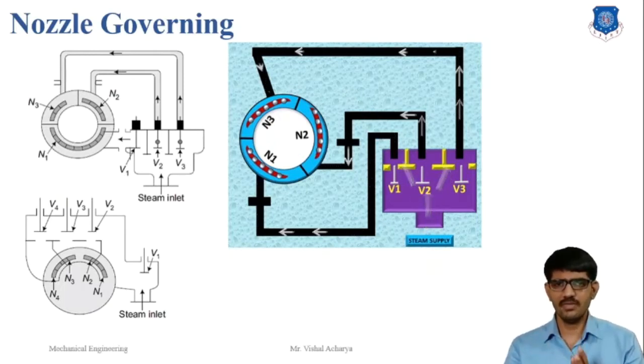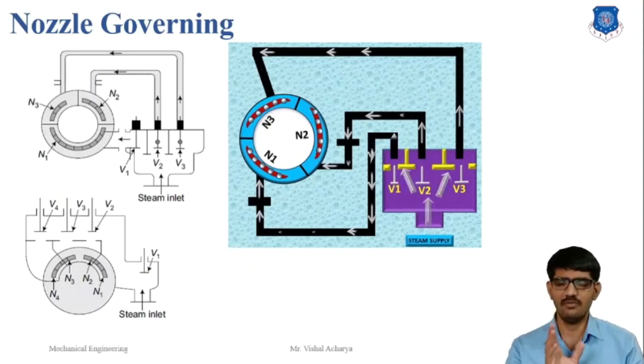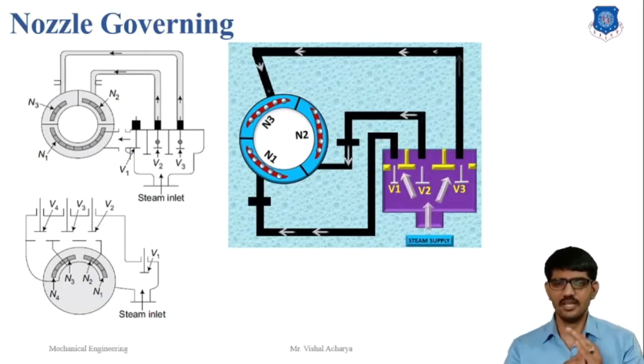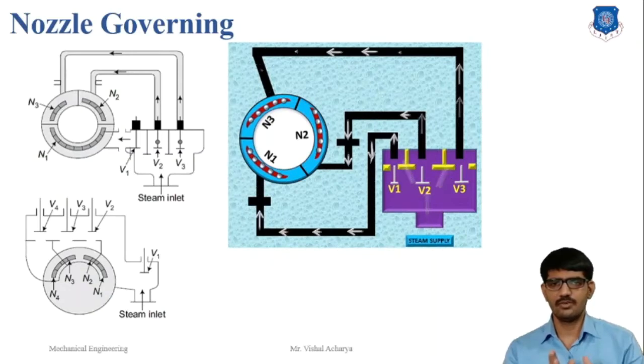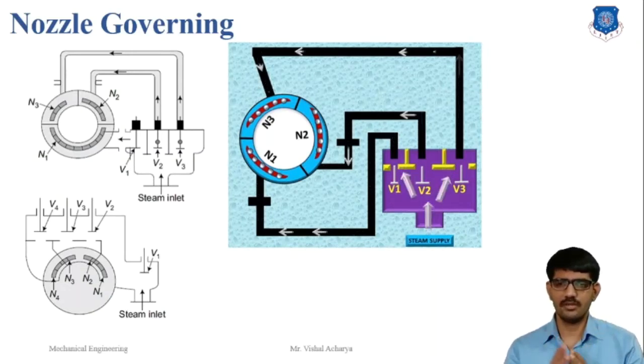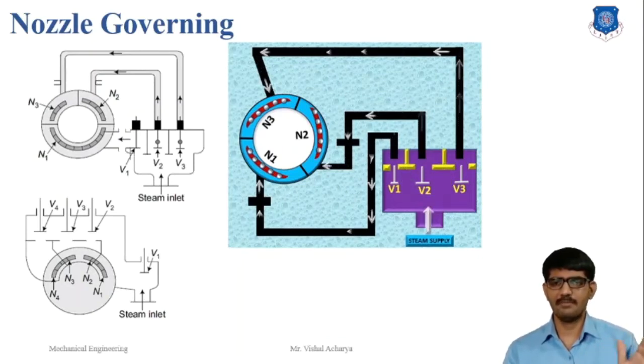Here we show the arrangement in which the group of nozzles is under the control of valve V1. Here nozzle N1 is under the control of valve V1, through which all the steam entering the turbine passes. The admission of the steam is through the valves V2 and V3 etc. in turn. The nozzle control is necessary to restrict it to the first stage, and the absolute pressure of the steam in front of the second stage nozzle will be directly proportional to the rate of steam flow through the turbine.